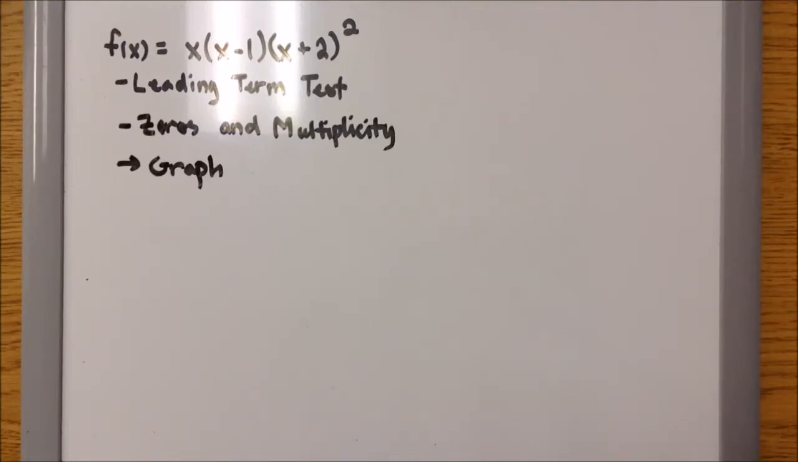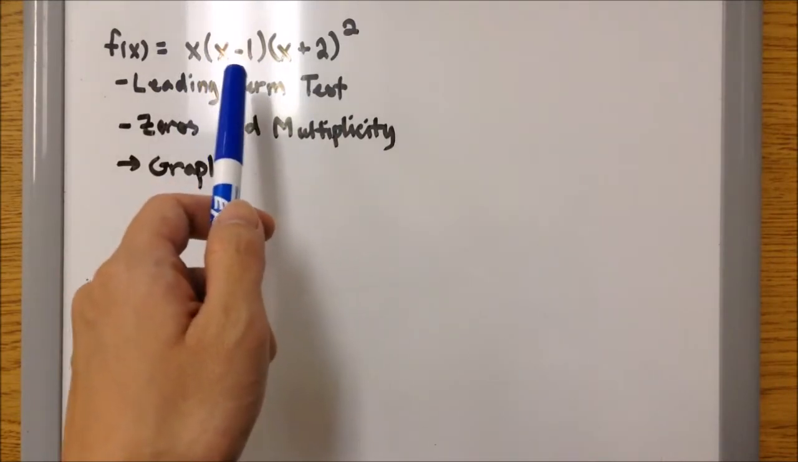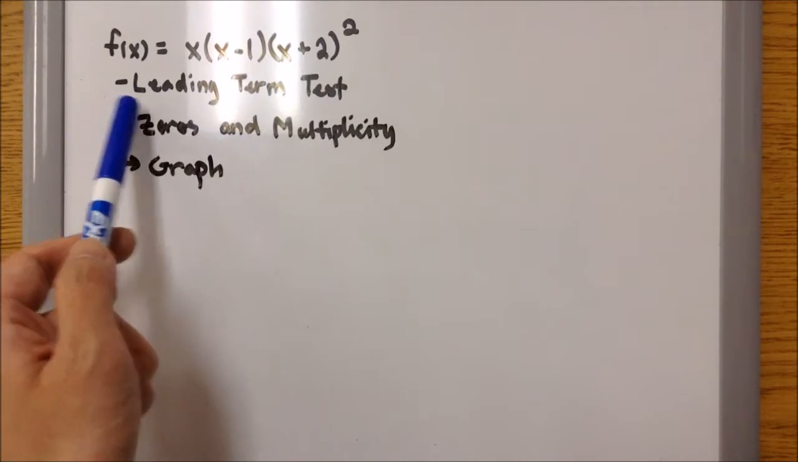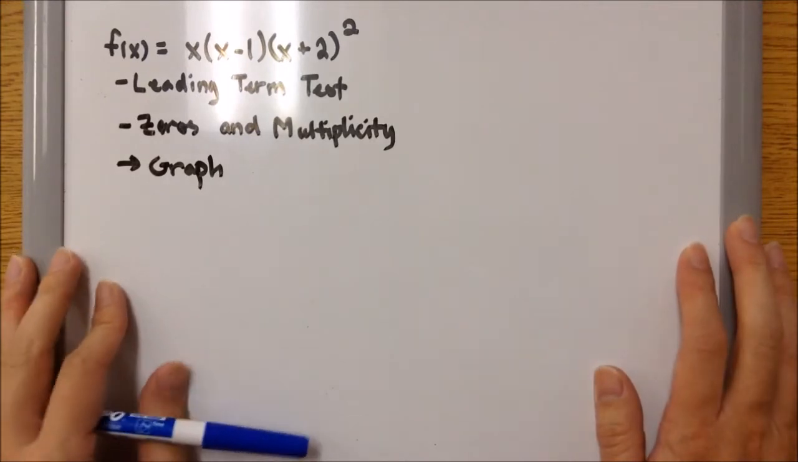So in this part of the video, we're gonna graph this function x times x minus 1 times x plus 2 squared. So first we're gonna apply the leading term test. That is just finding the end behavior. So for the leading term test,